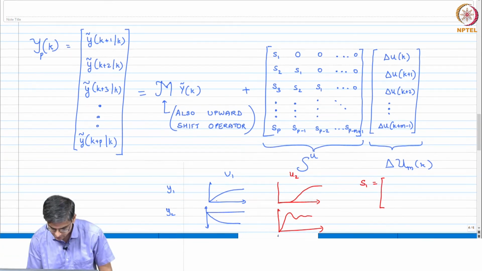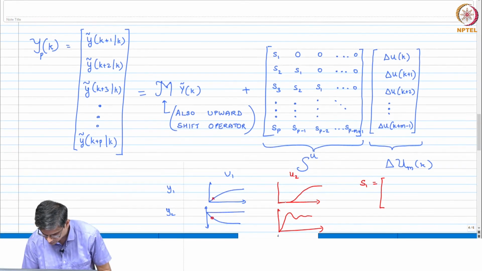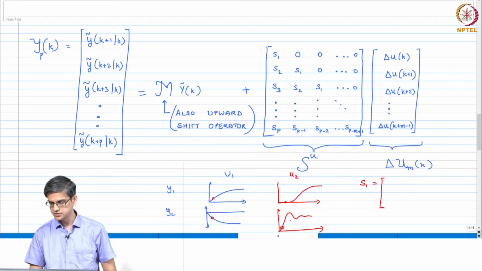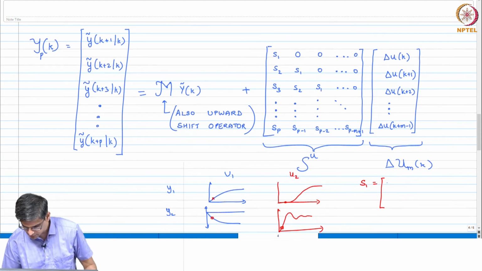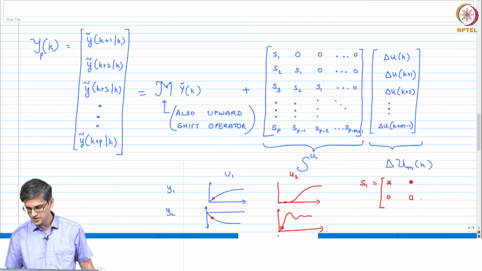S1 is going to be this value, this value, this value, and this value. So S1 is going to be star, empty circle, filled circle, empty box.